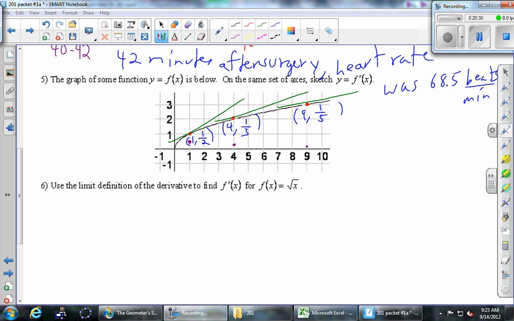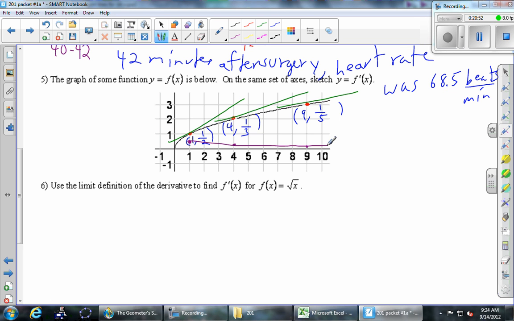Okay, so let's see how we're doing. I picked 3 points. They're probably different from the 3 points that you picked. I estimated 3 slopes of tangent lines. They're going to be different from what you estimated. But ultimately, when we draw the final sketch, when we try to connect these points in some reasonable fashion, we should get something that looks similar. I'm hoping that you get something that looks like it's really close to the x-axis for most of the time.